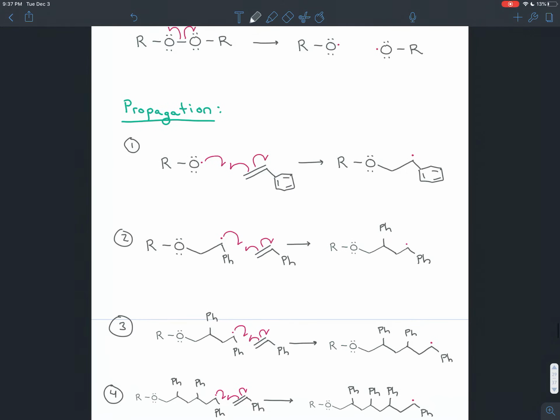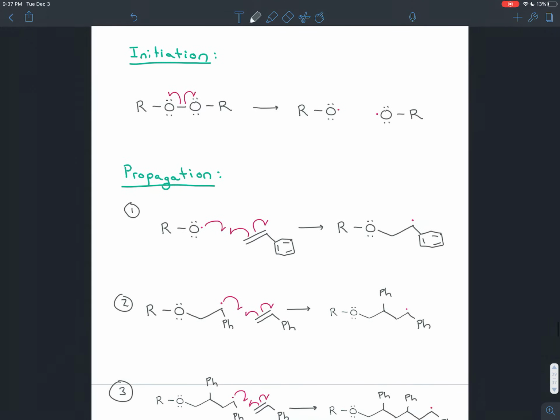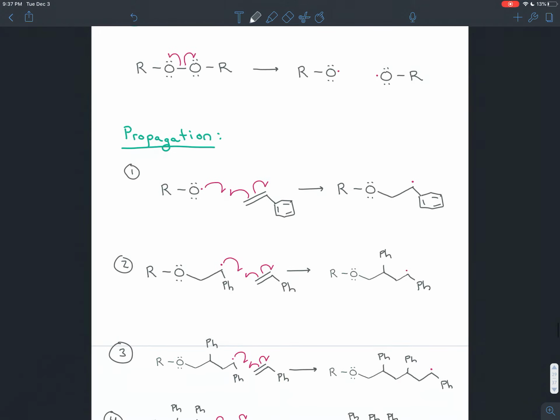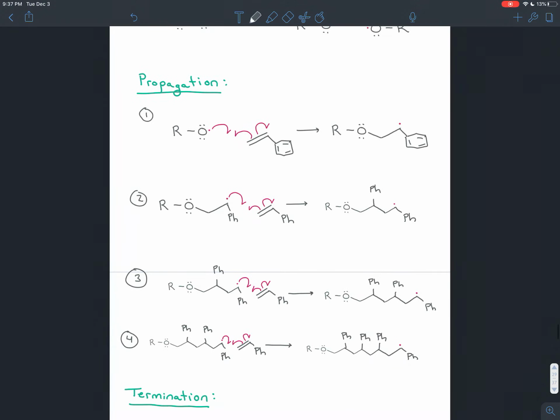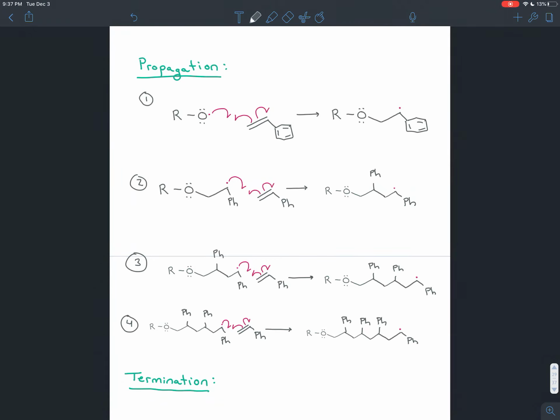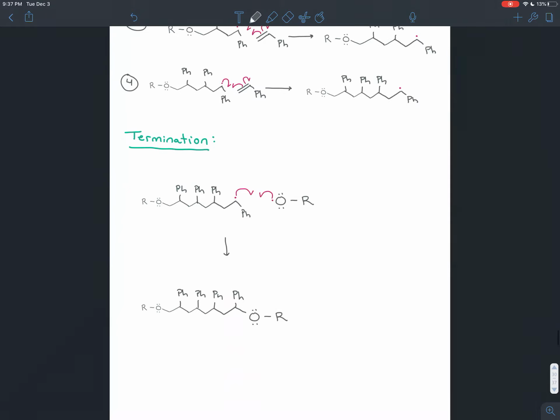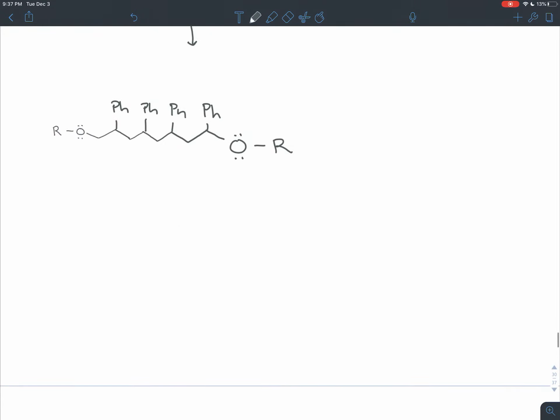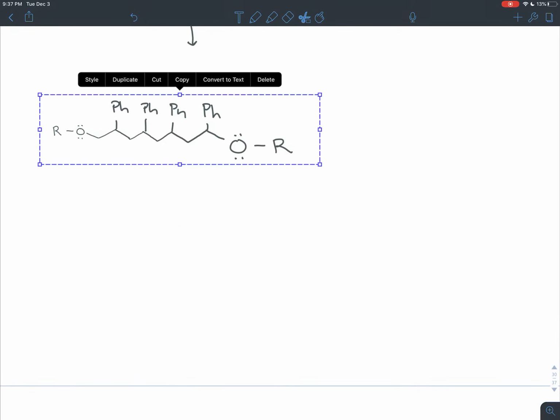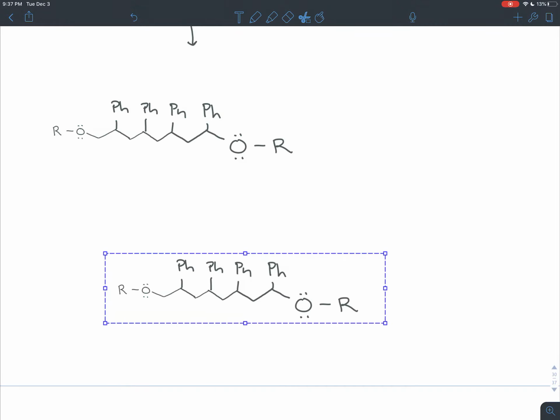And so the procedure for making this is exactly the same. So if you wanted to walk through these steps again, you can rewind the video and walk through them the first time I wrote them down. The explanation is the same. The only difference is the stuff that bristles off of the carbon chain. And what you'll notice is in this final chain, if you redraw this molecule with the benzene rings actually drawn in,